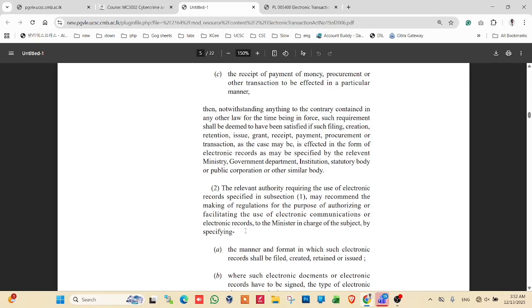Some people do not like their data to be shared. Would you like your data to be shared? No, right? But if you go to a large conglomerate, for example SoftLogic, any company that SoftLogic owns, your data is freely available to them, which you might not necessarily subscribe to. Those are gray areas where we might have problems once you start sharing. So that is why it says notwithstanding to the contrary. That means if it says no, you can't use this clause to override that and say, now electronic data records are possible, let's take it. Right? Okay, so then